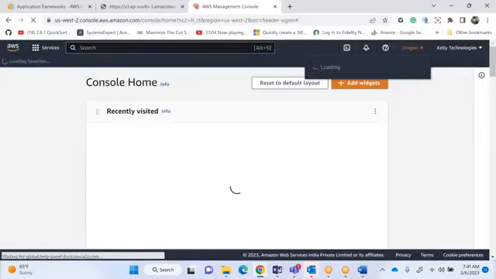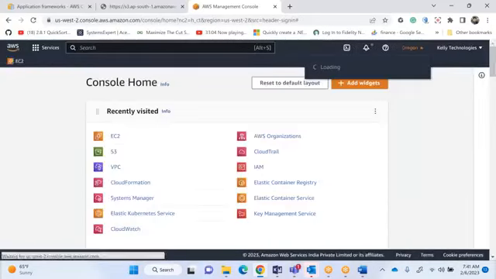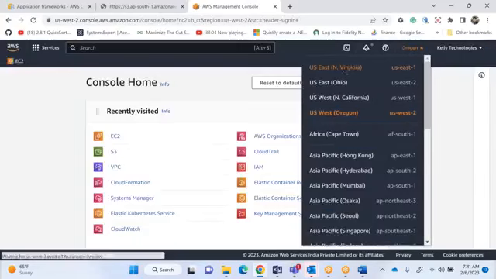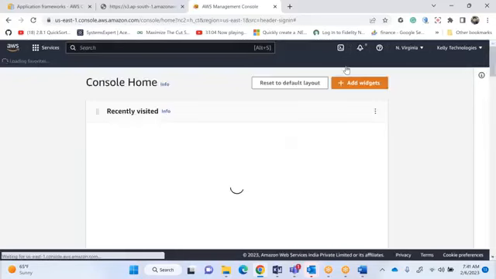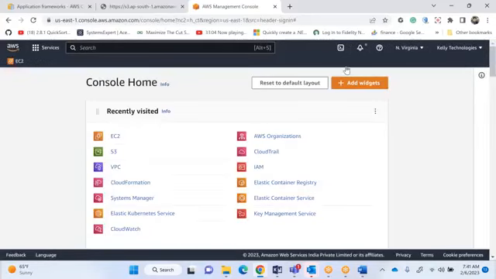So let's launch it and I'll show you. Go to the CloudFormation template.